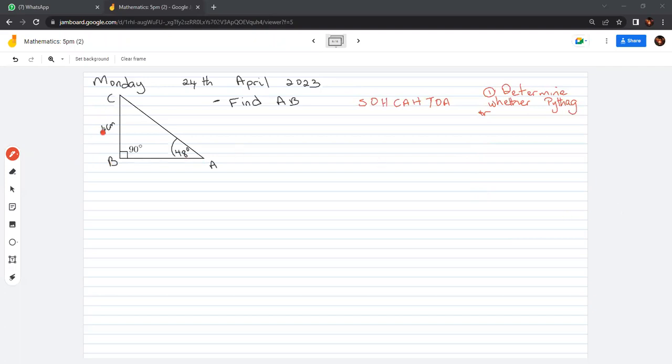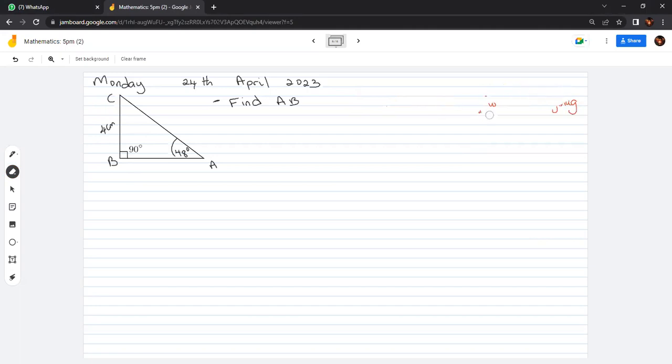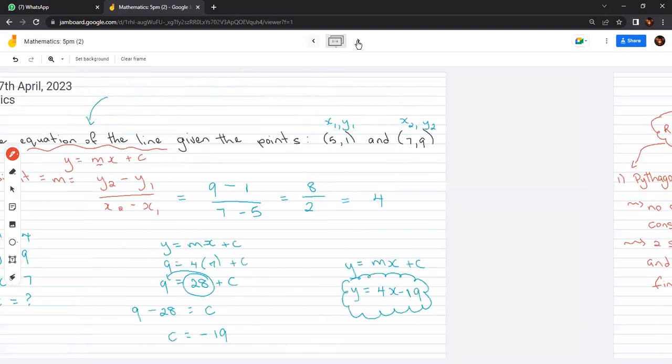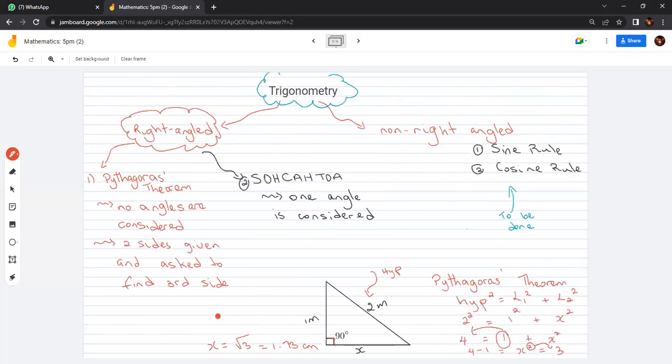So we are given this question and we are asked to find the length AB. Anytime you're given a question like this, you have to first identify what you're working with. So I have a right angle triangle, and when it comes to trigonometry,